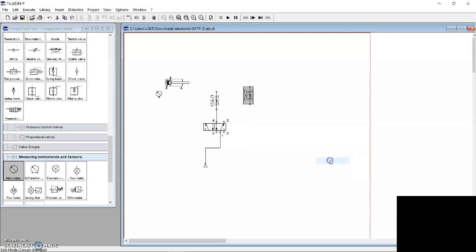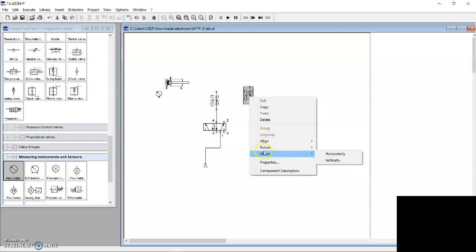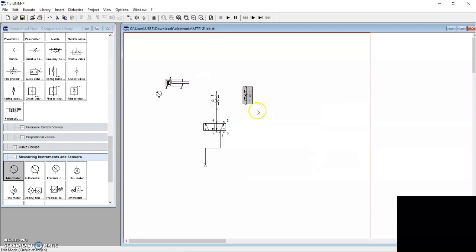We rotate it and we mirror it. So you can see the one-way valves are not attached to each other. Second, we connect the one-way valve to the double acting cylinder.